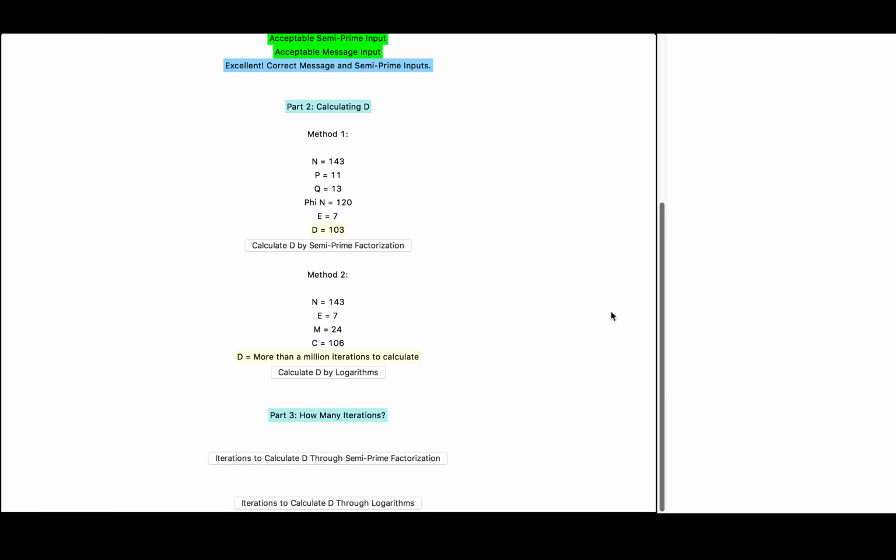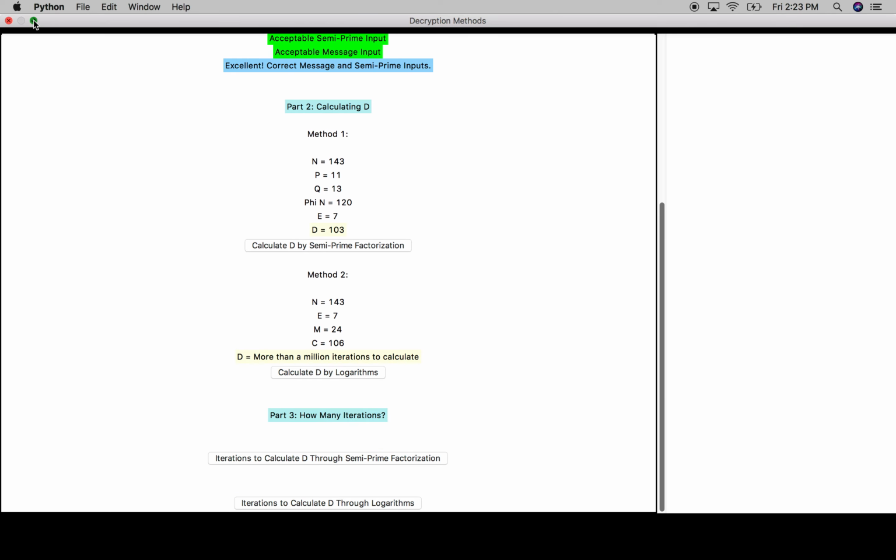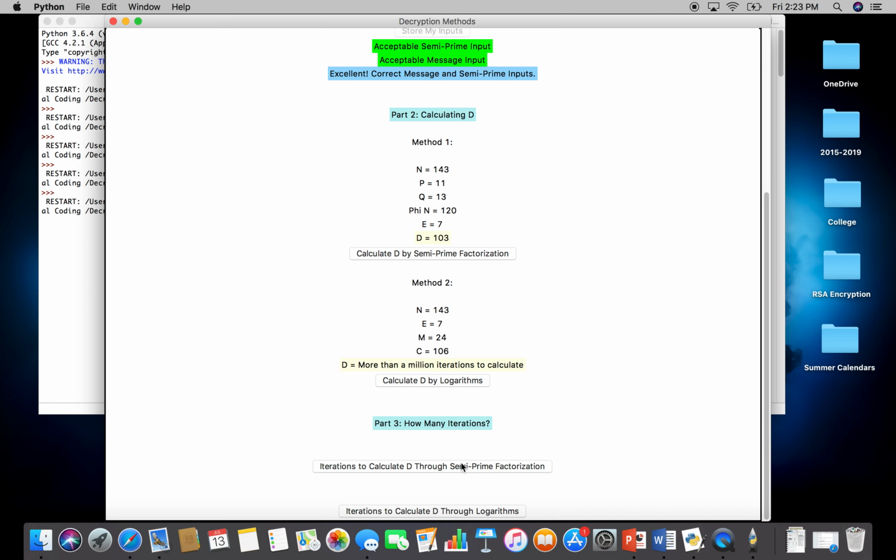So in this final part of the program, it calculates exactly how many iterations it takes to calculate D using either method. So through semi-prime factorization, it takes 141 iterations, whereas through this logarithmic technique, it takes almost more iterations than Python can handle. So in this case,